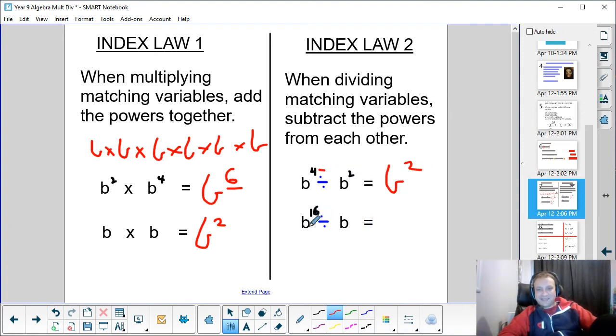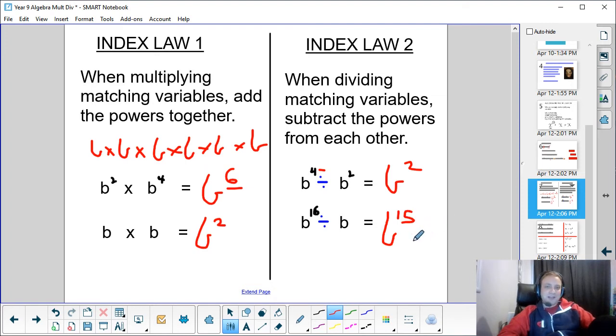Right, so if I had 16 b's all multiplying each other, b is multiplying by itself. It's b times b times b times b times b, etc., 16 times. I divide away one of them, which is what I've got here, because there's no power being written, so that means it's just 1. I'd be left with 15. Right, this lets us sort out